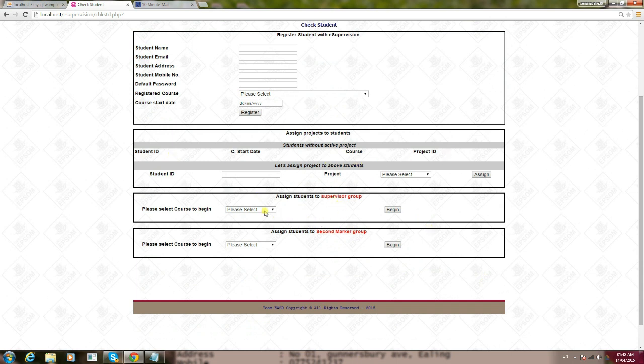Now we're going to assign that student to the supervisor group. It means first we create the project and then we assign a supervisor to that project. Now we have a student who is doing the same project but without a supervisor. So now we're going to merge these two. It means we're going to assign a supervisor to this student. So first we have to go for that particular project, we have to select it,